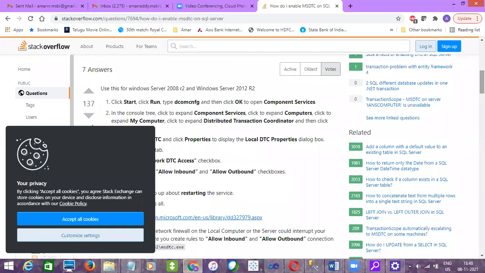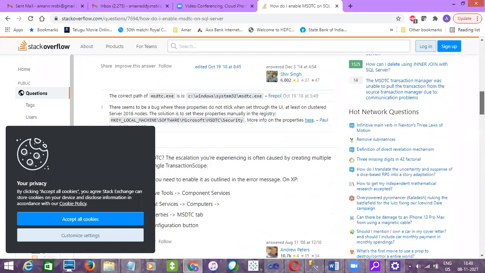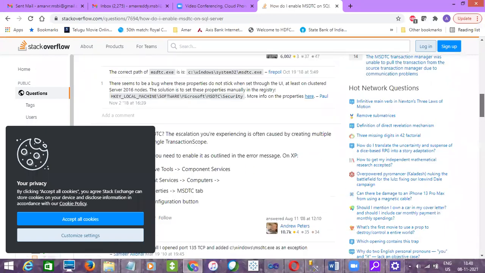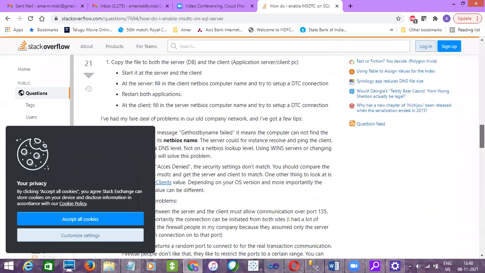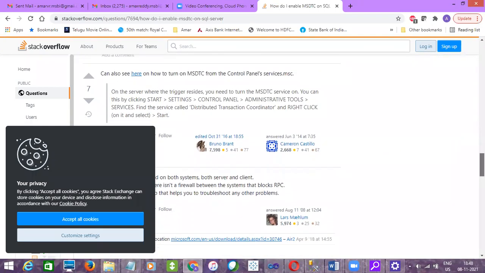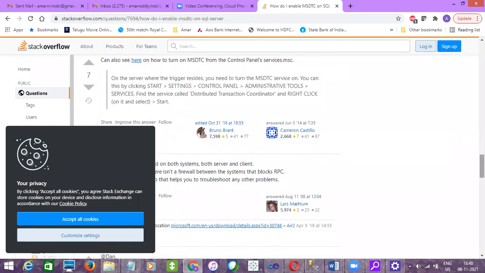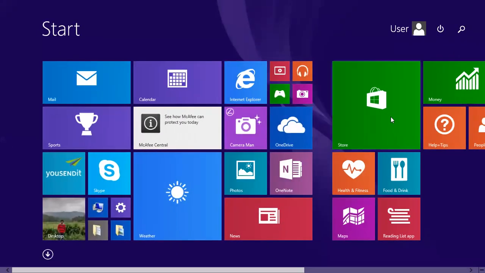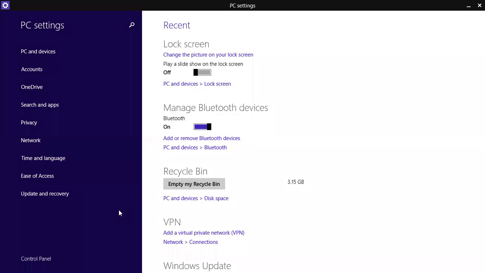Let's check it out, guys. I think here we have one more option, start settings. Start settings and then control panel.